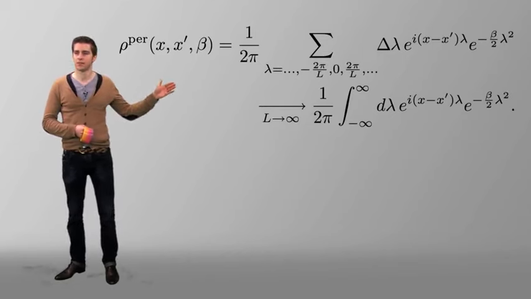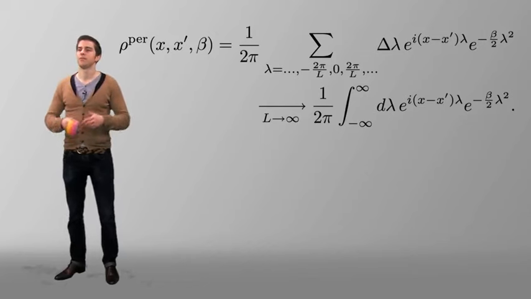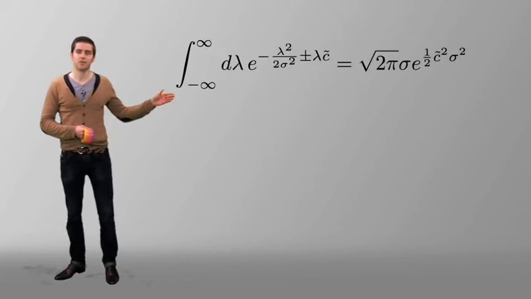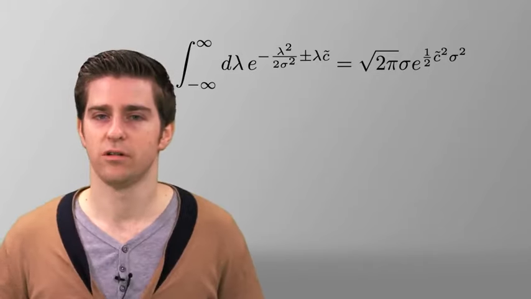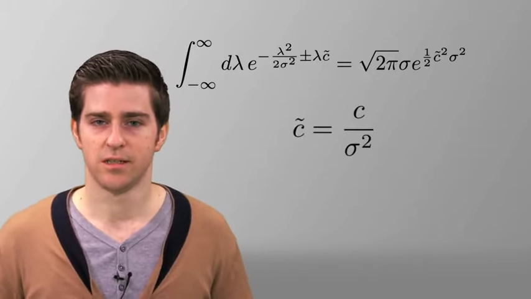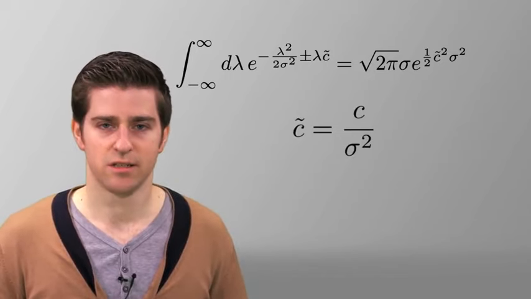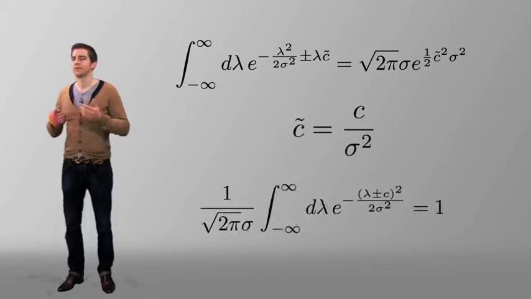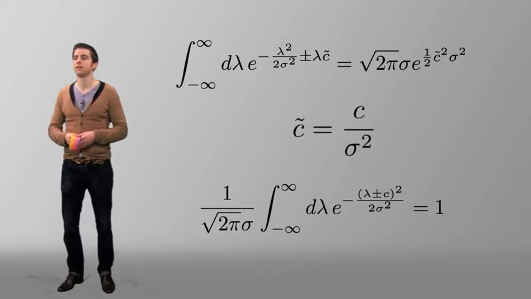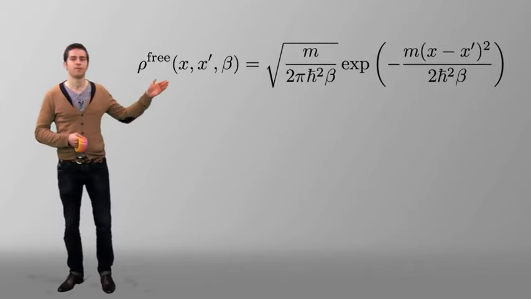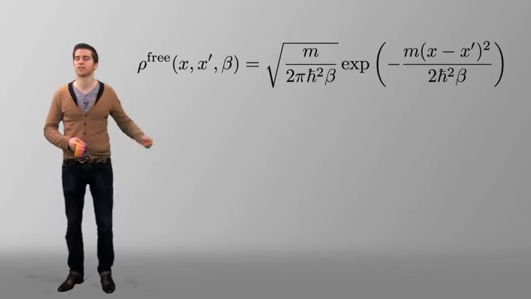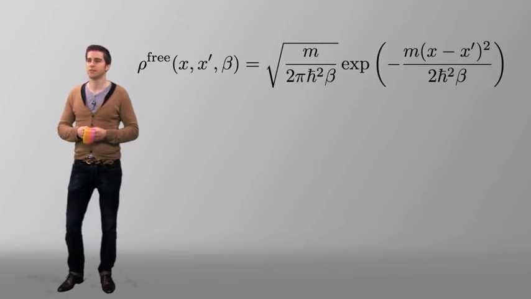term-by-term equivalent sum, where we use this result, which follows when we take c tilde equal to c over sigma squared from the Gaussian integral. This Gaussian integral was already evaluated in lecture 4, last week's lecture. We finally arrive at the free density matrix, where we have reinserted Planck's constant h bar and the particle mass